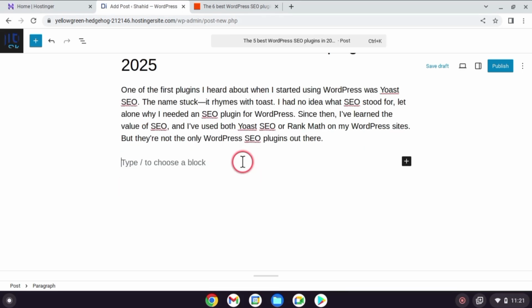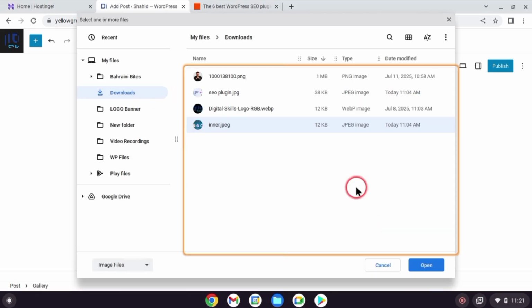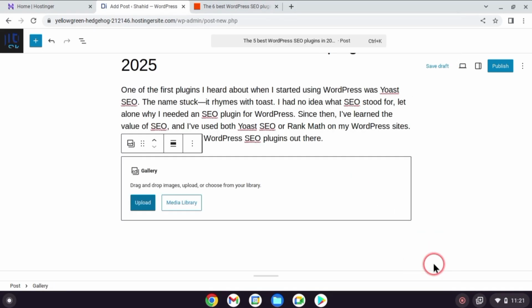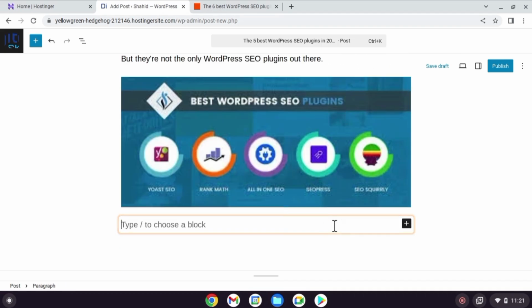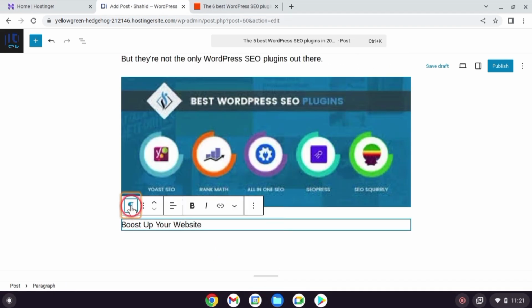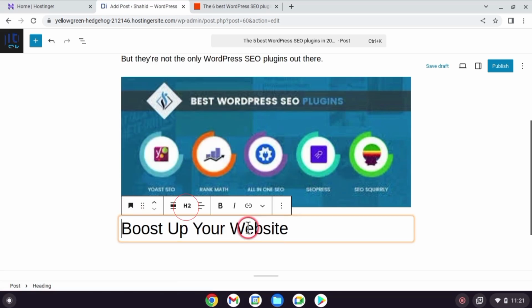Now let's add an image. Click below the paragraph and you will see a little plus icon on the left. Click that and then choose the image block. Now you can upload your image and that's it, your image is added. Let's add a heading now. Click below the image and type the heading you want. Then click the block type option above and select heading. It will usually be set to heading 2 by default, but you can change it to heading 3, heading 4,